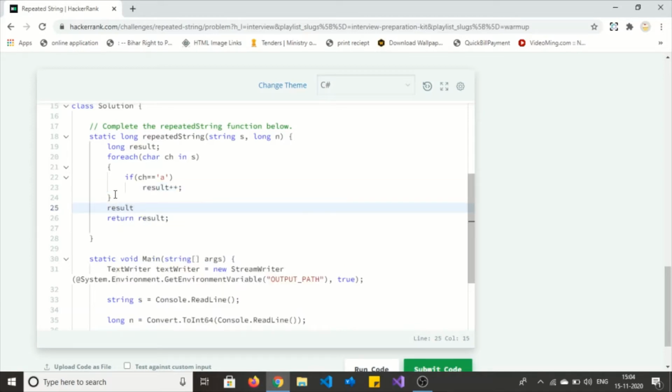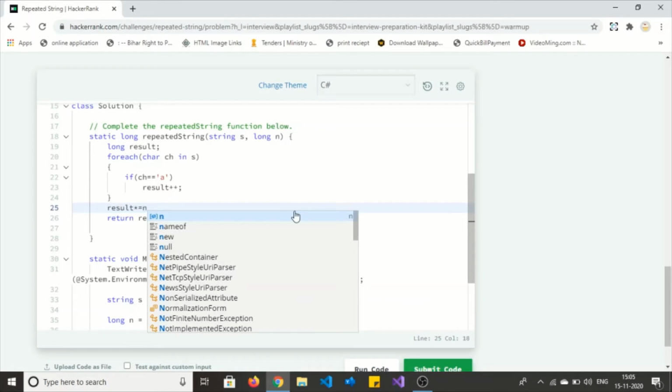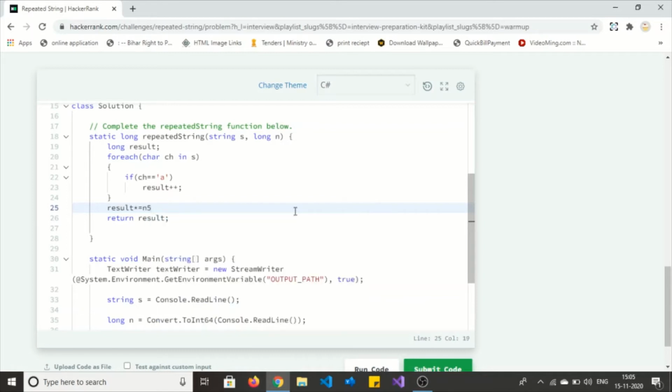Now I'm going to update the result with how many times we need to concatenate the same string to make the length n. So n divided by s.length.